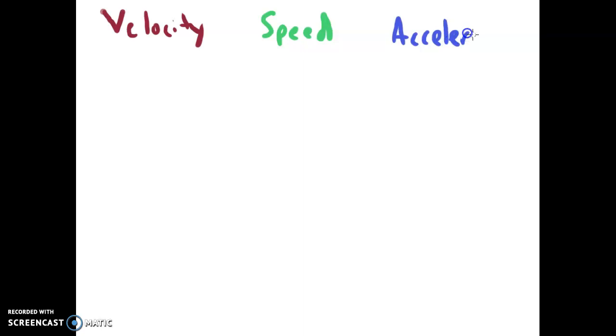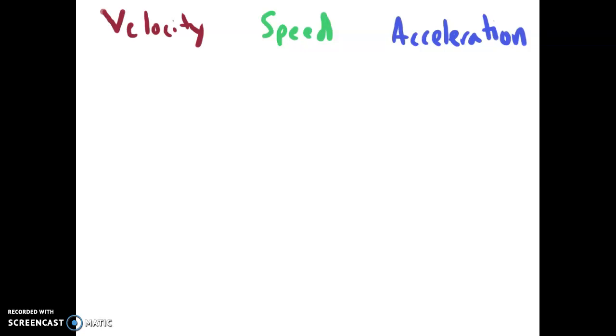Okay, today we're going to talk about three concepts: velocity, and I'm going to do this one in green, speed, and finally, over in blue, acceleration. Okay, and I'm going to start with the difference between